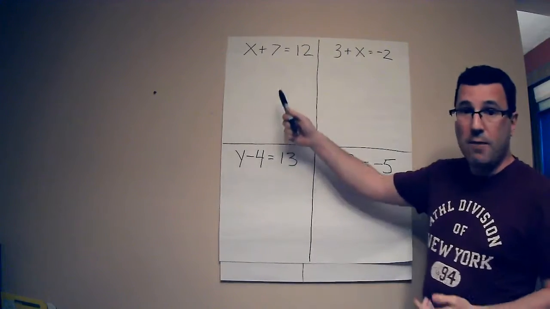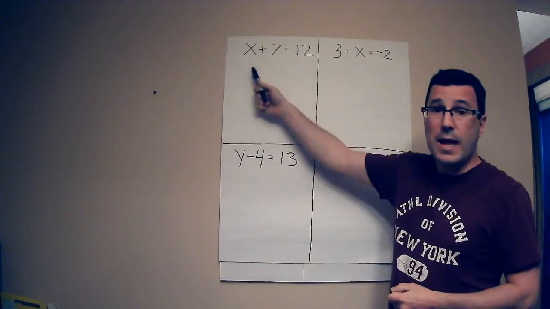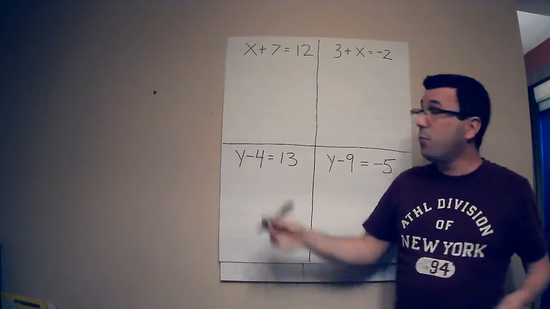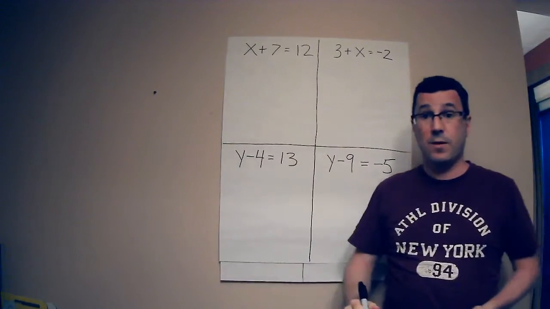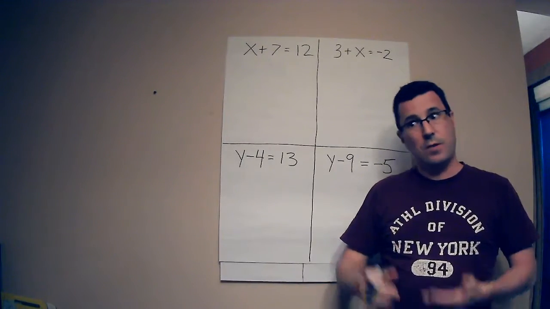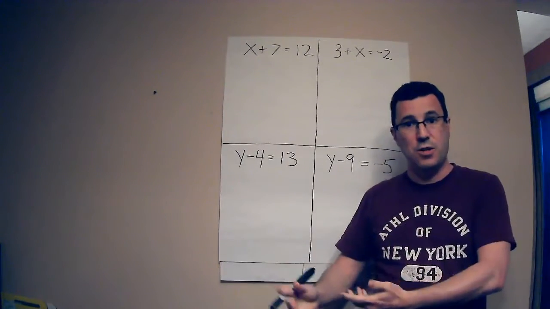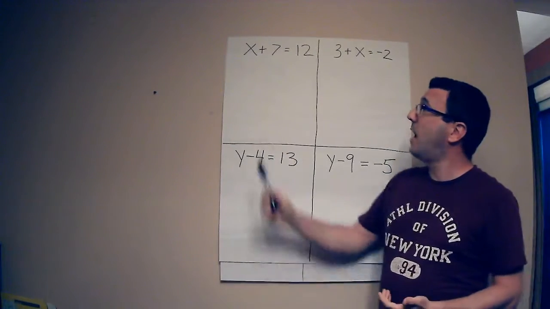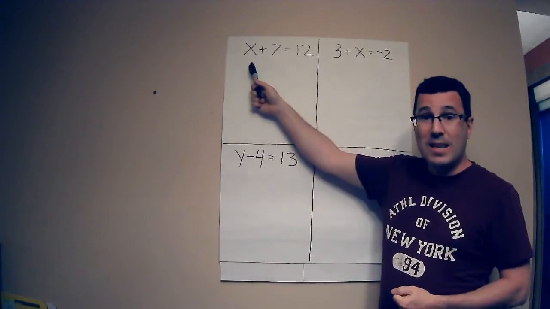So first one I have here is x plus 7 equals 12. What operation is going on here? It's addition. So how do I undo that? Well, as we saw, the opposite of addition is subtraction. So what does that mean? What it means is I need to get, because I want to get this x by itself. So as a matter of fact, what I do